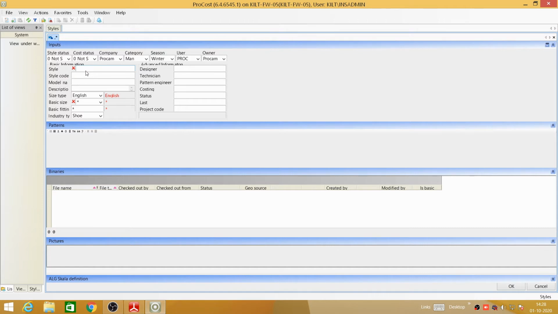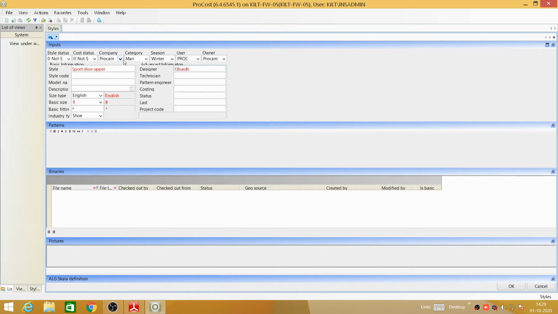First of all you have to write the style of your article, such as sport shoe upper, and then you have to write the basic sizes, whatever sizes you want, such as size 8. After filling, you can give the designer name, Mr. Footwear,